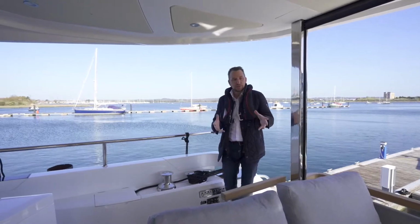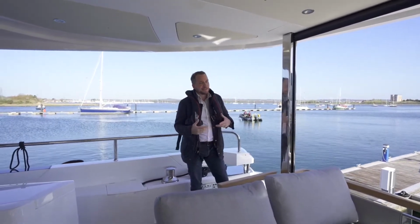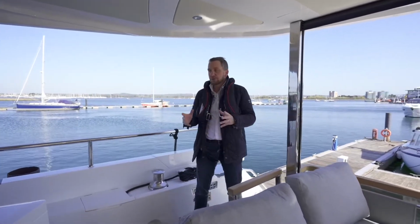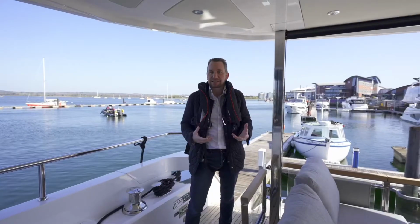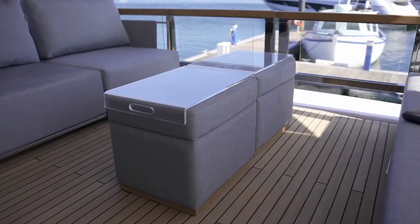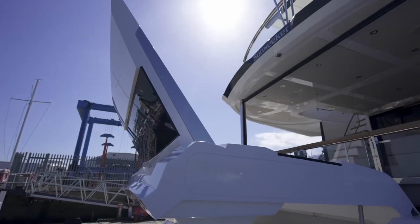So one of the biggest changes that you'll see in a lot of the larger Sunseeker models is really the use of loose furniture. We are typically very used to doing fixed GRP mouldings in all sorts of different styles, but as fashion changes, as boat design and innovation changes, it's about flexibility. And you can see on the 88 yacht we've got some fantastic loose furniture, and part of the reason is when the Extend is in the raised position, the furniture can be removed and moved around to create